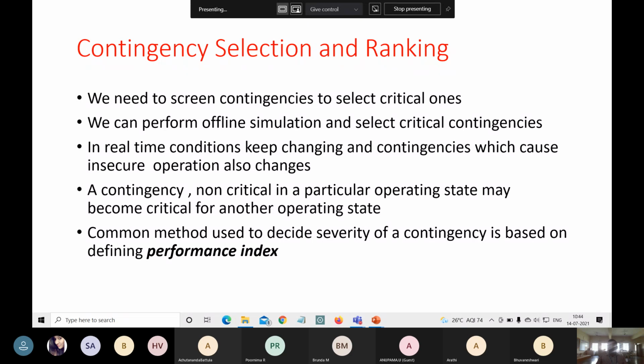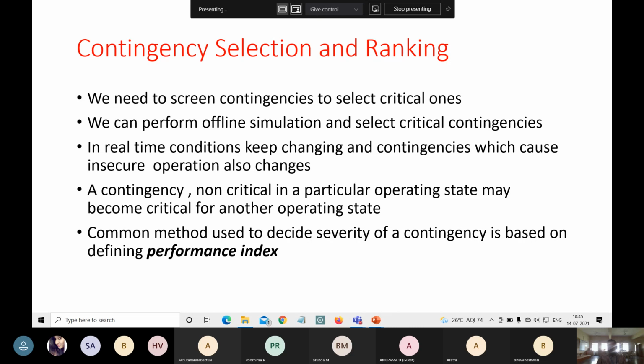The ranking will be based upon which is most severely affected, whether at the buses, at the transmission lines, or at the load buses. Whatever the location where the contingency might occur, we have to analyze it throughout our system and see which is most severely affected. I will give an example: we have 5 buses, and a contingency has occurred at bus number 2.